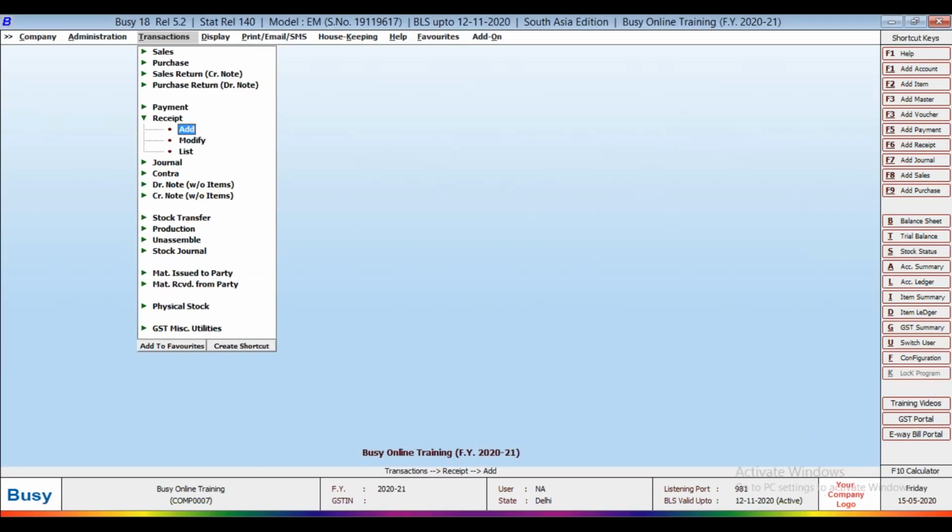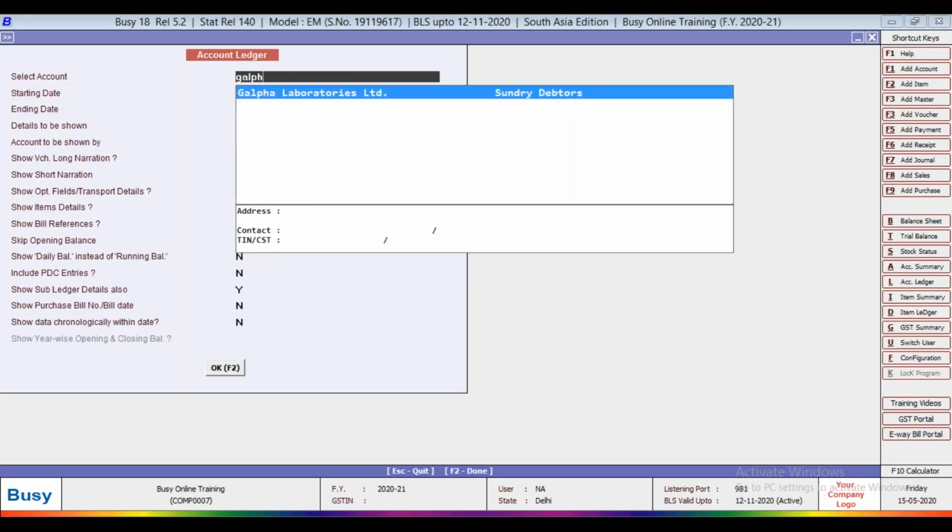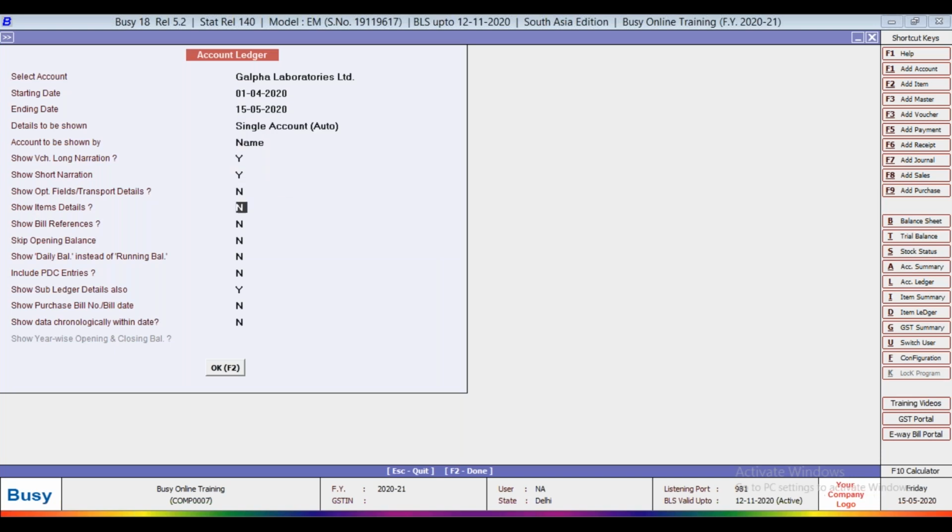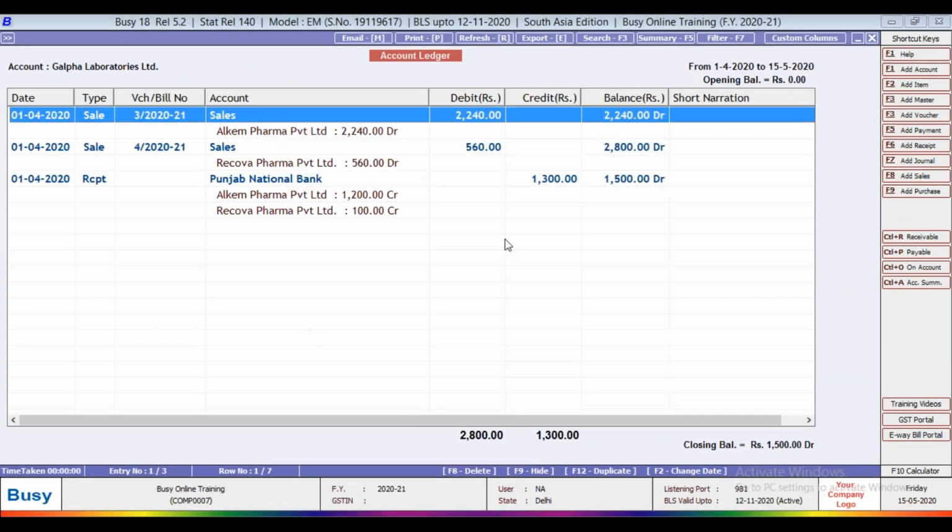Now check again the ledger of Gulfa Laboratories Limited with sub ledger detail also. Now you can see on the screen the receipt entry, Punjab National Bank, and the ledger name also, Alkem Pharma. From Alkem Pharma you have received 1200 and from Ricova Pharma you have received 100 rupees.